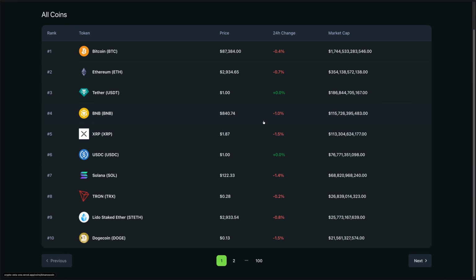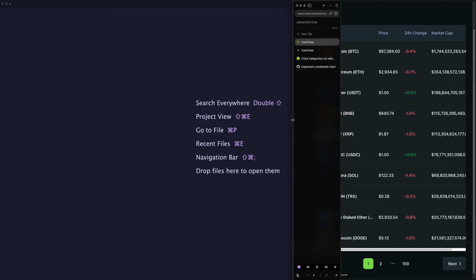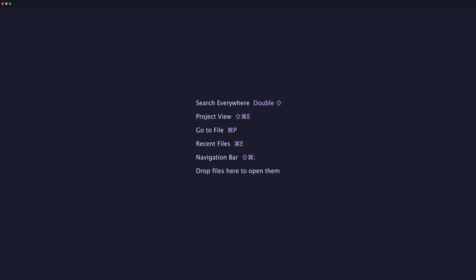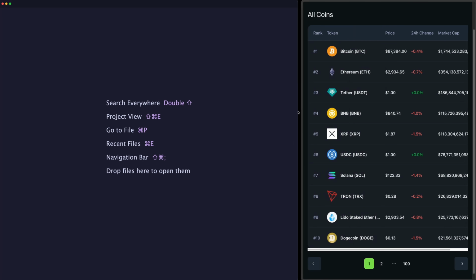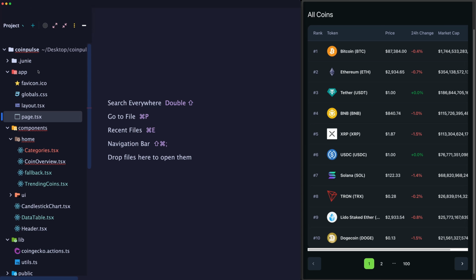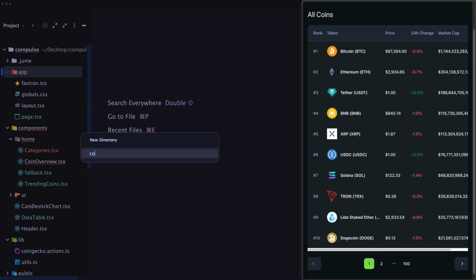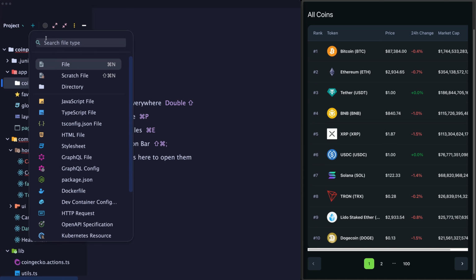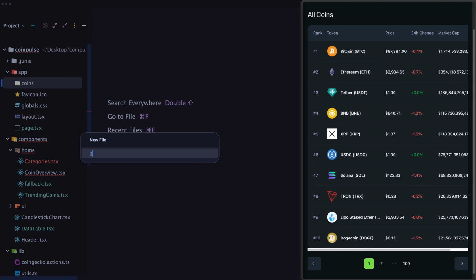So let's start doing this together, and if at any point you feel comfortable enough to continue working on this table on your own based off of what we've done so far, I would highly recommend that you try doing that. We have to create a new route. So right within the app folder, we can create a new folder called coins. And then within coins, you can create a new page. That's going to be